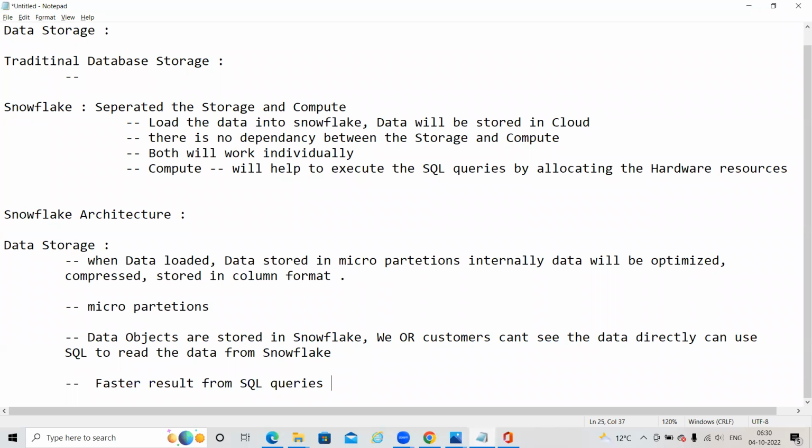So this is about data storage architecture, the data storage layer in Snowflake. The very basic thing is the data will be stored in micro partitions.